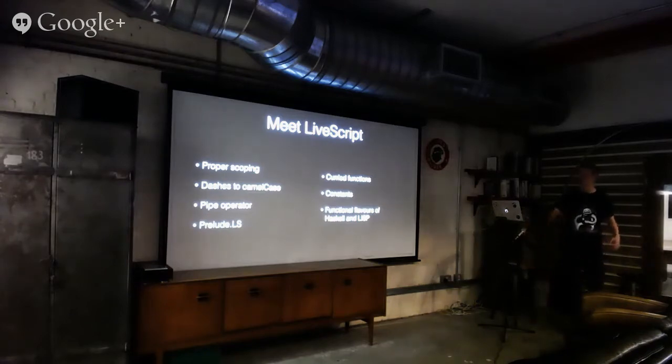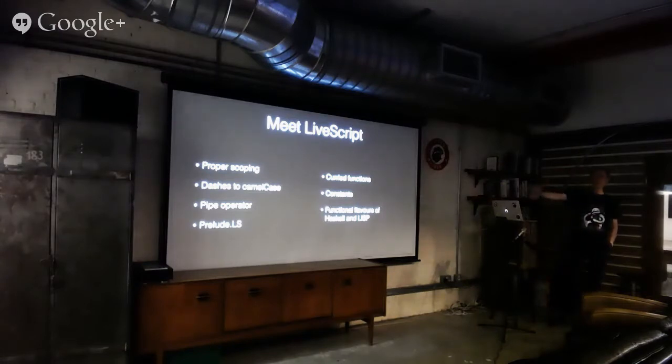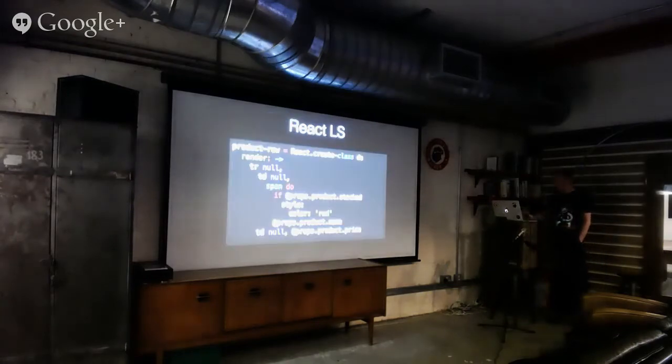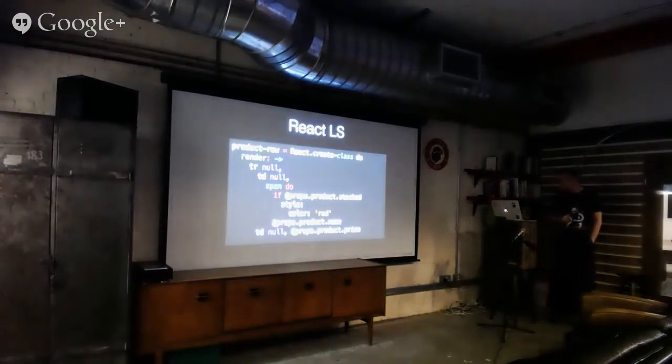It can convert dashes to camel cases, and has a pipe operator, so you can pipe your data through the pipes and then end up with the data you actually want. Correct functions, constants. It also has a very nice standard library called Prelude.ls for even more goodness. And in React.ls,